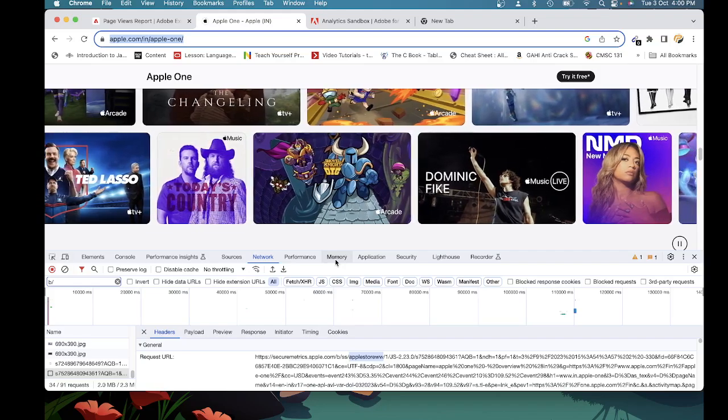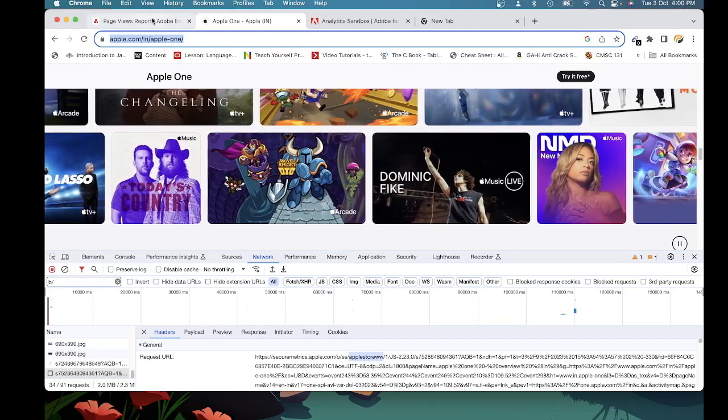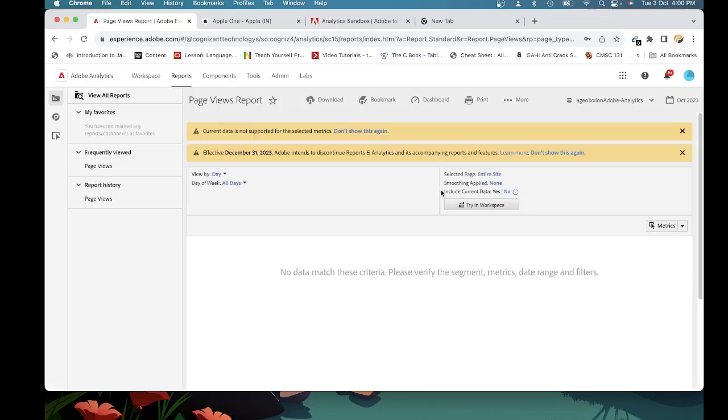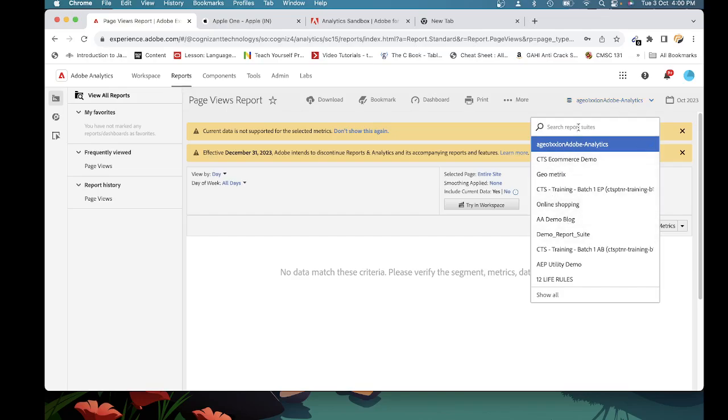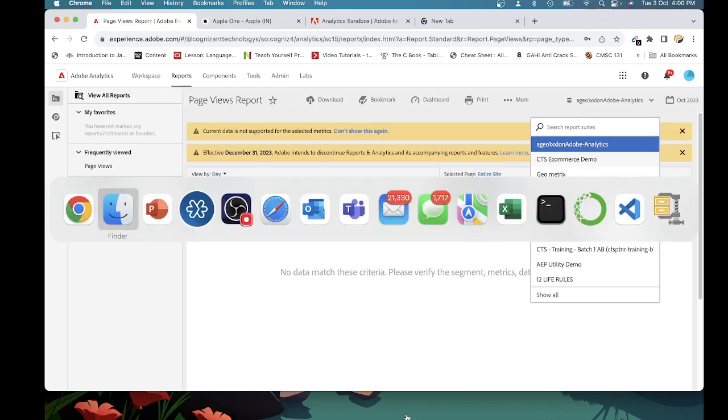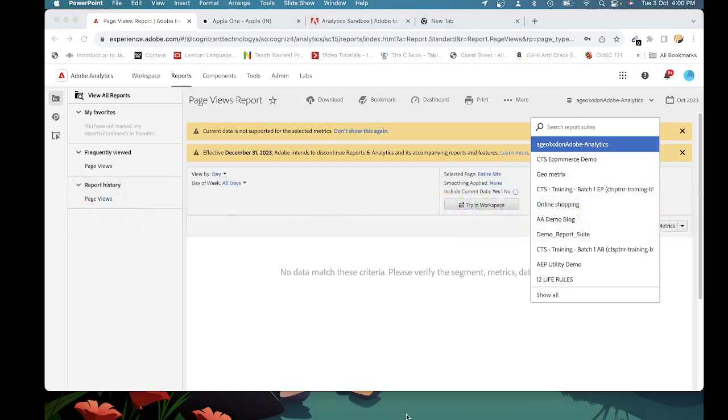So the reporting suite is where the data is actually stored. Here you can have a lot of sites. For this client there are a lot of sites. Each client's data, or each website's data, is stored in one report suite. So the general definition of a reporting suite is